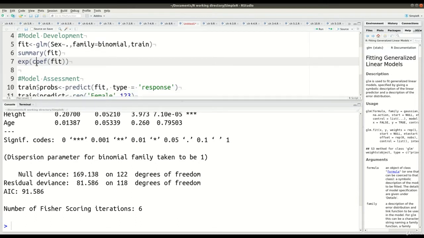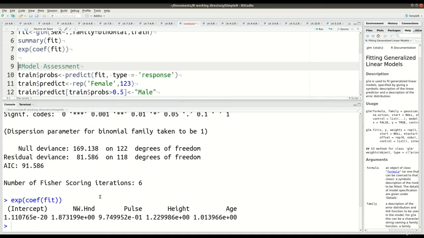Right now the coefficients are in logs, and we don't necessarily want the log ratio. We want the odds ratios. Remember, odds ratios are when you're comparing two odds, if you will. So to deal with that, if you look closely in line 7, we're going to take the coefficients from the fit model, but we're going to exponentiate them, and that'll give us easier to interpret values. So after I run the code in line 7, you can see down at the bottom